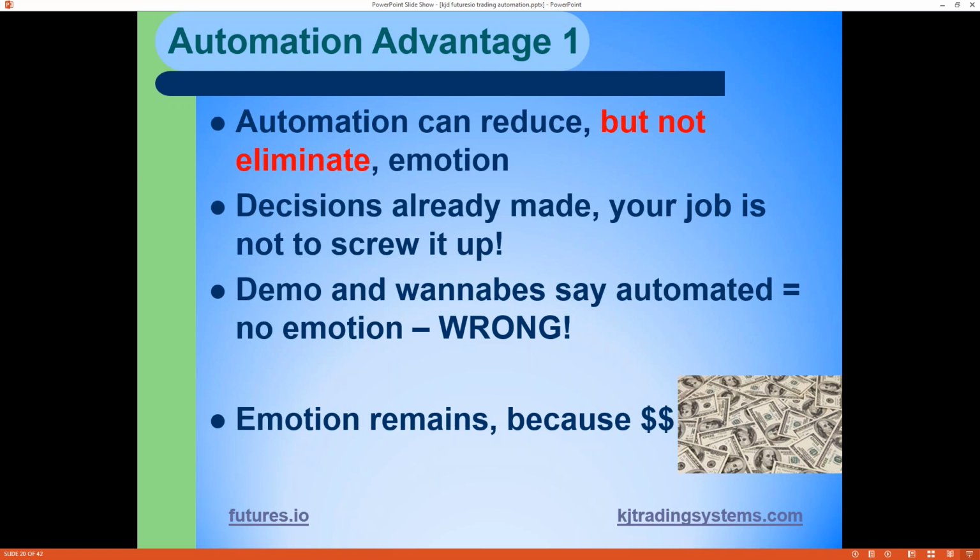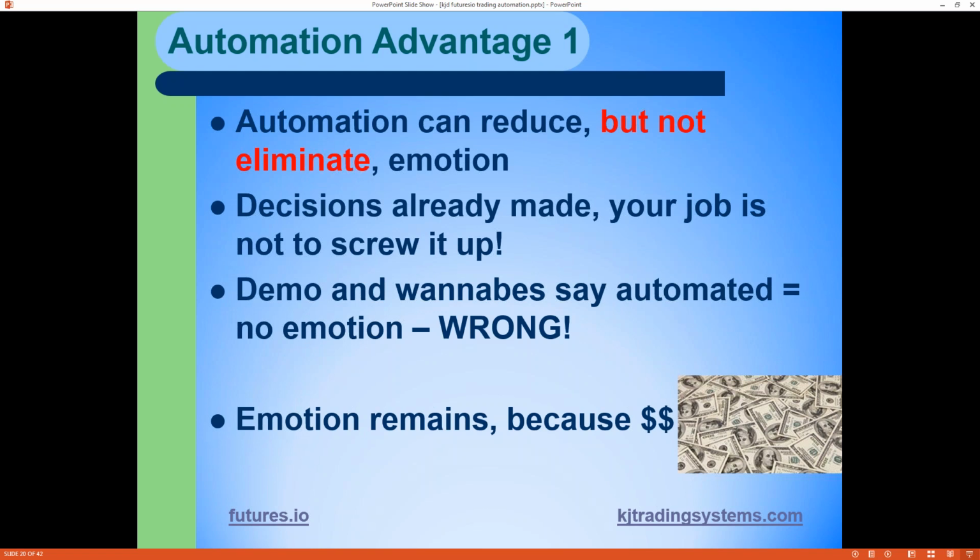Automation can certainly reduce it, but it's never going to eliminate it. And the biggest thing I noticed is it kind of changes. So, if you're a chart trader, you think, should I take this trade? I don't know. Oh, that looks like a good setup. No, maybe. And your emotions: the last trade I did this, I lost $200, should I do it again? That's kind of the way you think, right? And your emotions can kind of influence you.